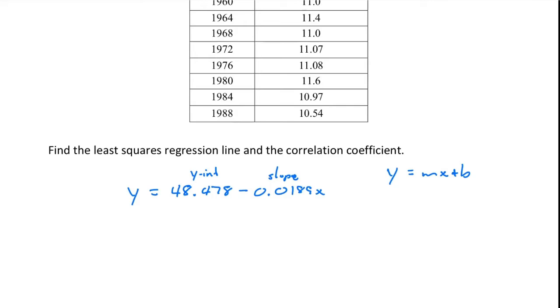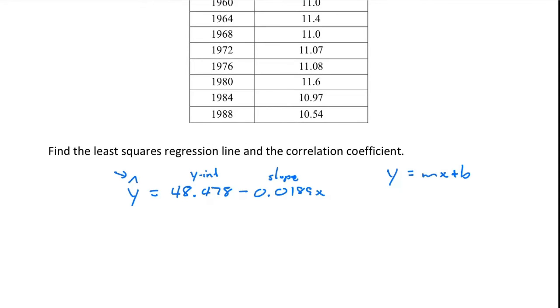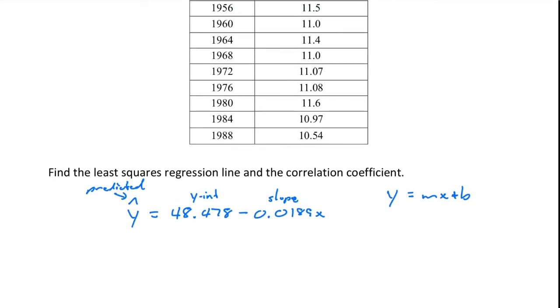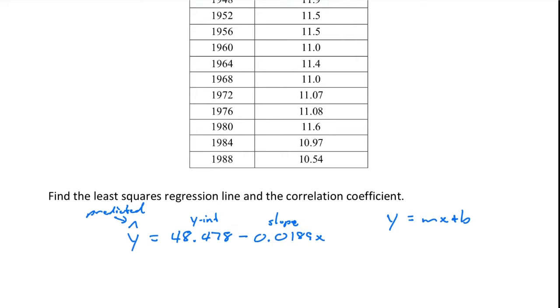The other thing is that oftentimes you'll see a hat, what we call a hat, or just an upside down V over the y. And what that tells us is that this is a predicted value. When we use this equation to find a value for y, it's not the actual value, it's just a predicted value. Okay. So for example, if I wanted to predict, if there was an Olympics held in 1970,